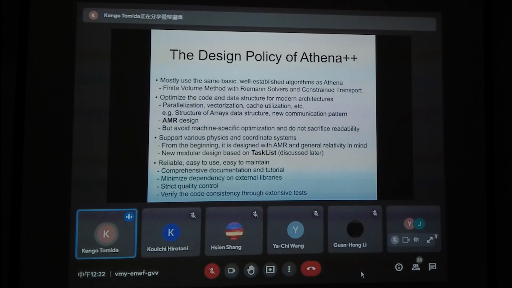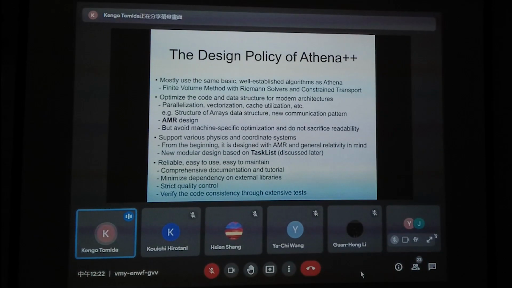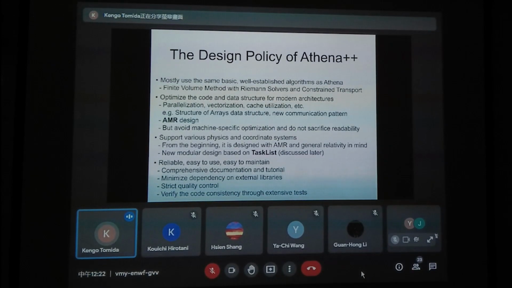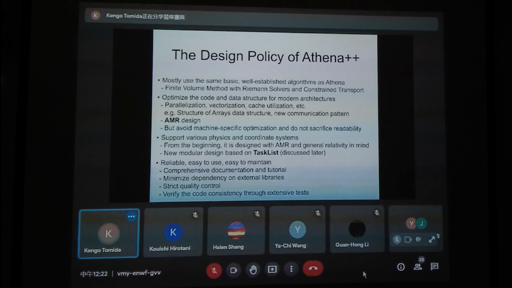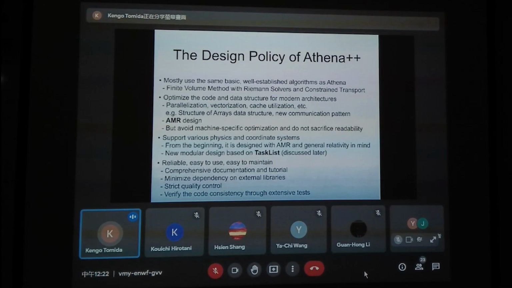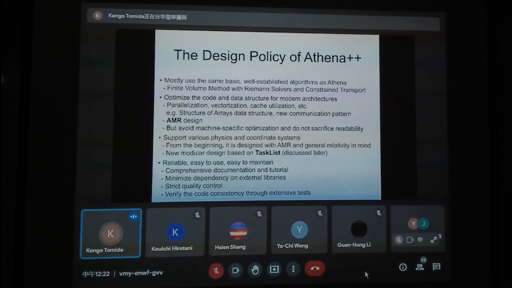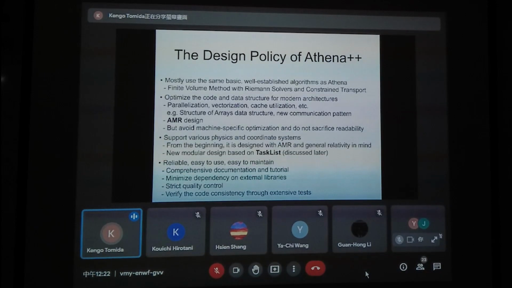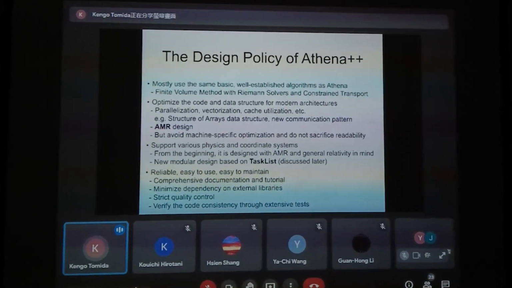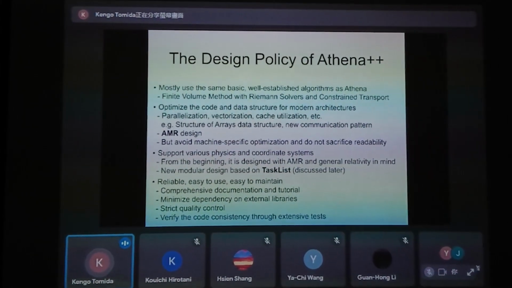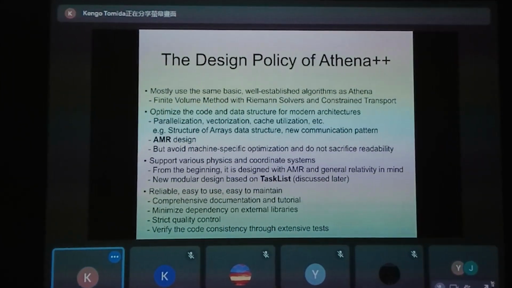Also, because today adaptive mesh refinement, which I will discuss in more detail later, is one of the key ingredients in modern astrophysical simulation codes, we designed the code from the beginning with adaptive mesh refinement in mind.